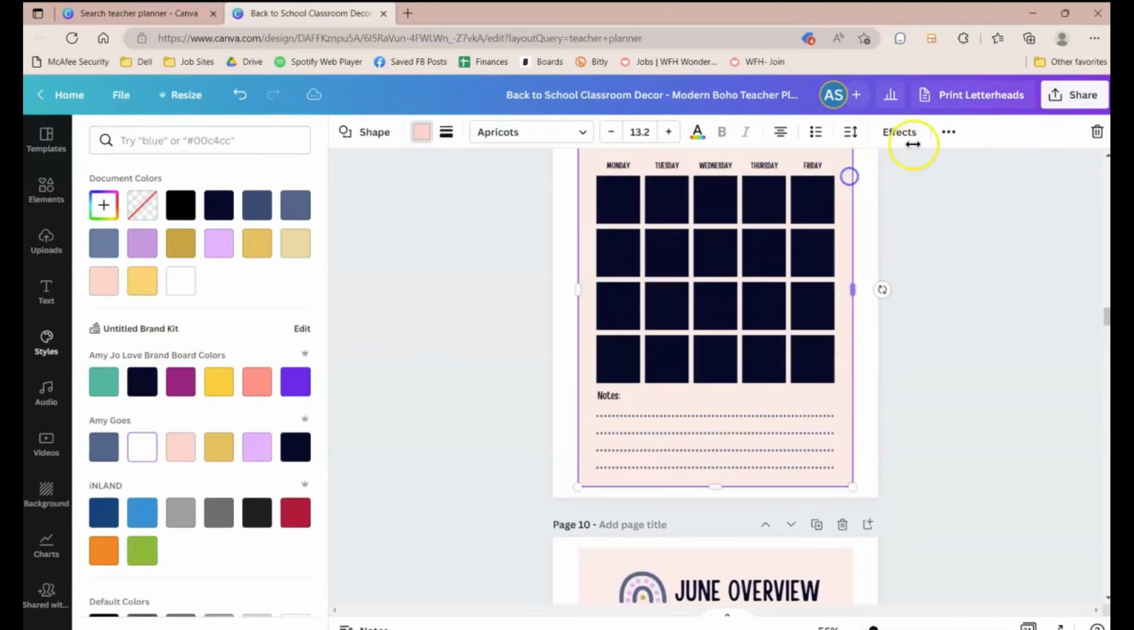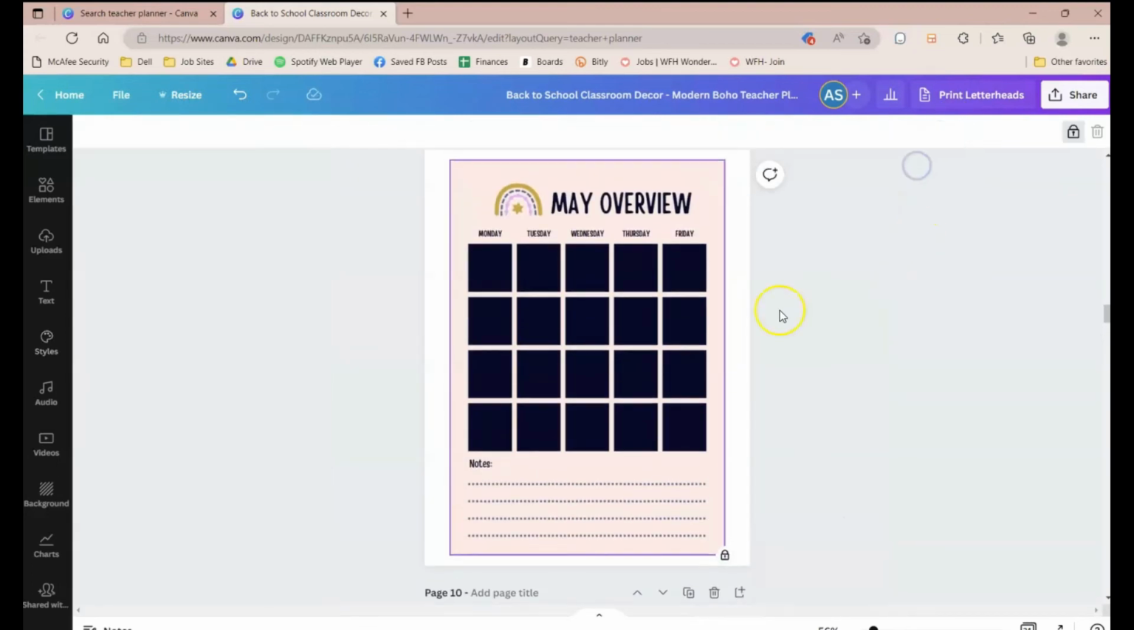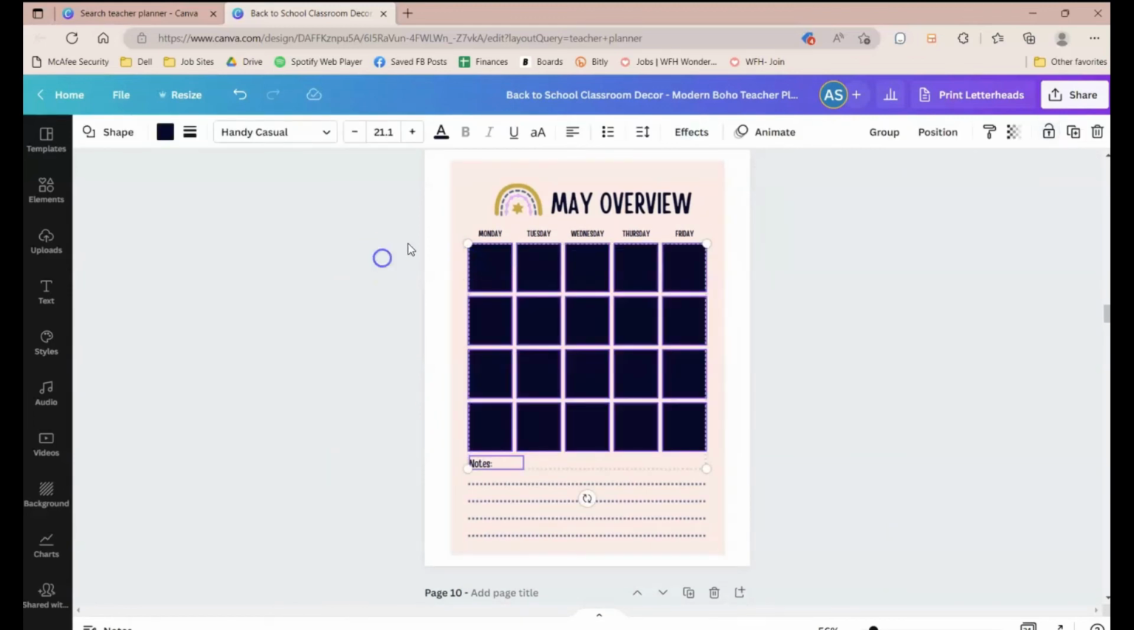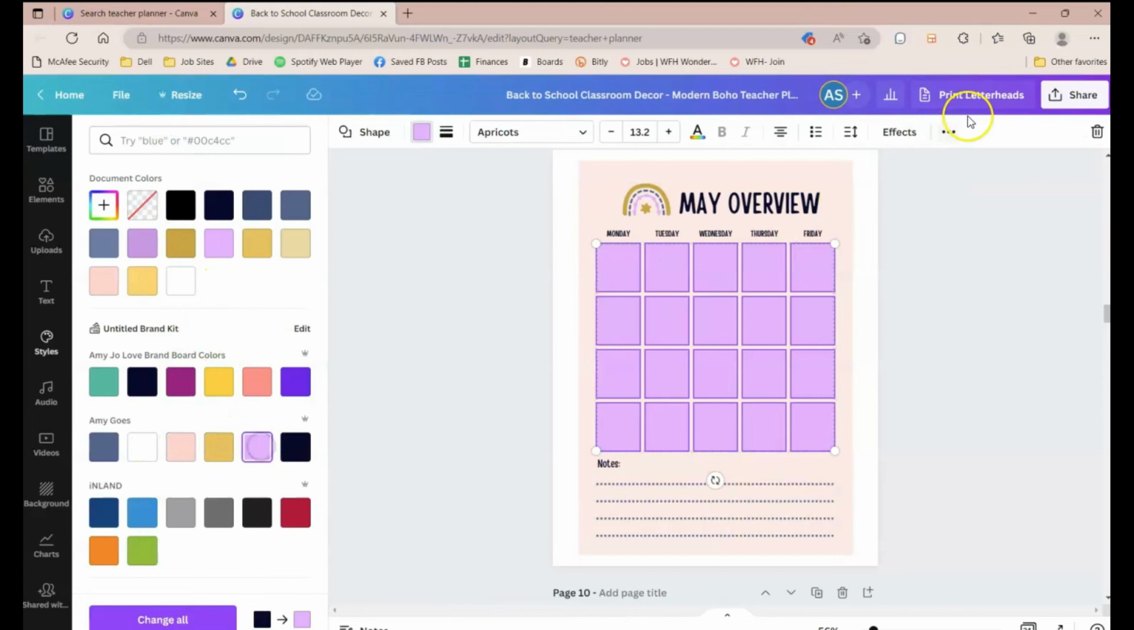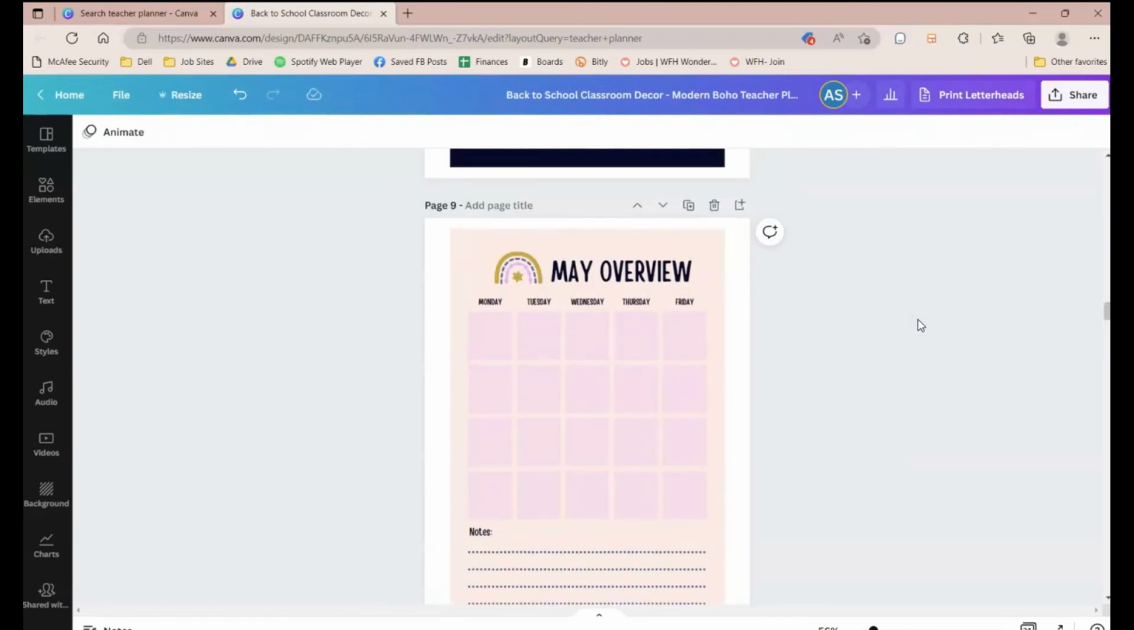So here I am changing the color of each of the date boxes just because, again, for those that are going to be printed, I don't think they're going to have necessarily white markers. Teachers have a lot of things, but I want to make sure that it's a little bit more accessible to those who maybe